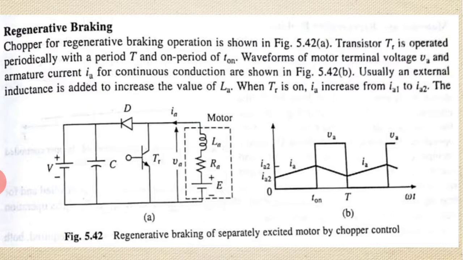Okay, so I repeat here once again, this class B chopper or regenerative braking chopper, what is shown in the figure, it is not implemented independently because the diode, if you are looking at the diode, is in reverse bias. So how to implement this, we will see in the next circuit.